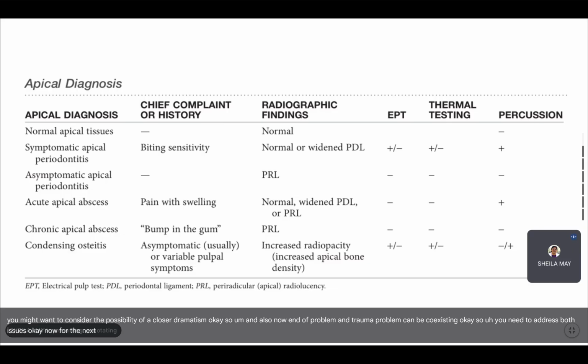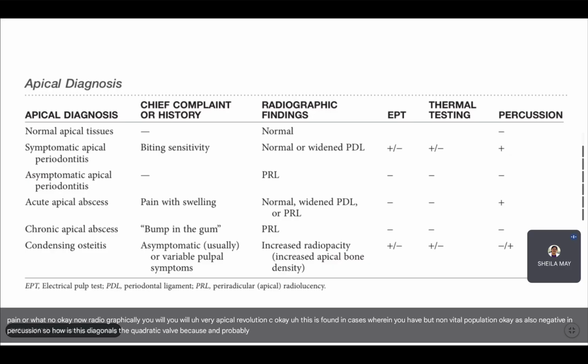Now for the next apical diagnosis, you have your asymptomatic apical periodontitis. This time around, the patient is not complaining of anything in terms of pain. Radiographically, you will find a periapical or periradicular radiolucency. This is found in cases wherein you have non-vital pulp tissue. And it's also negative to percussion. So how is this diagnosed? Necrotic pulp,